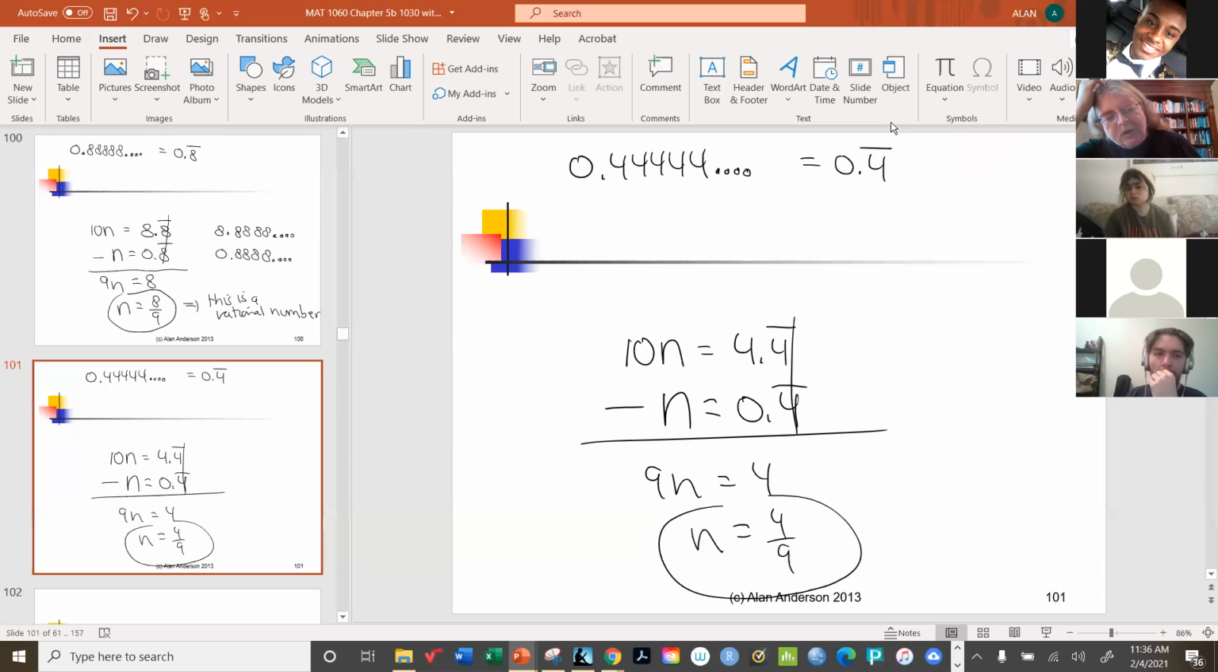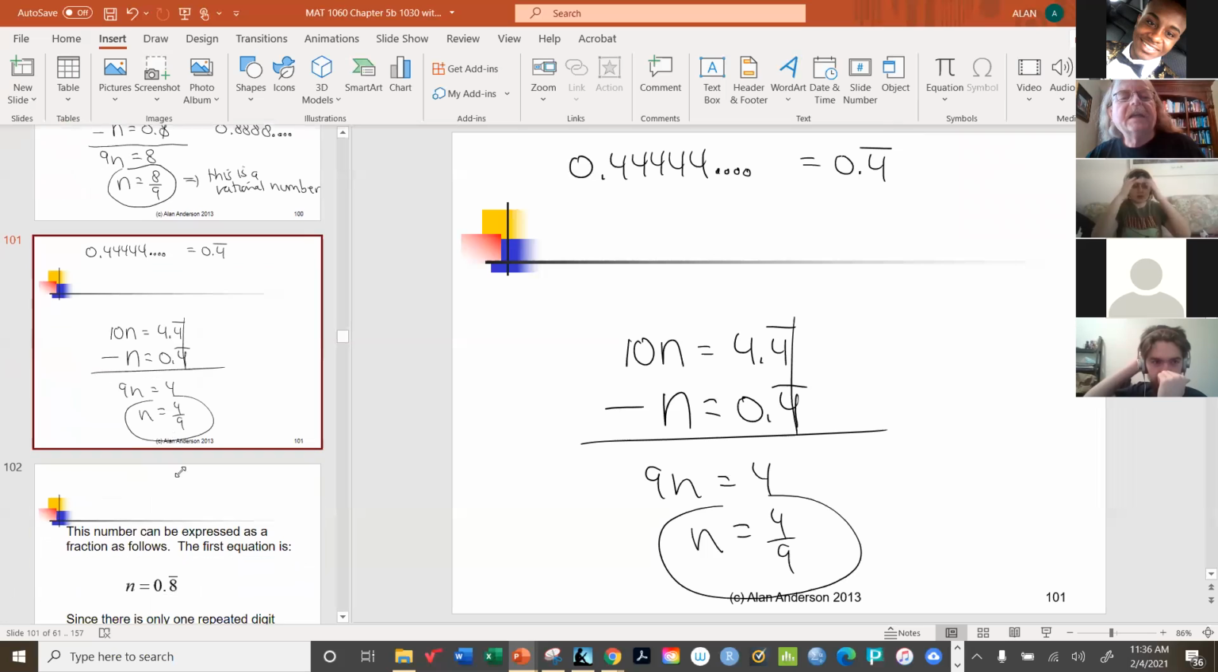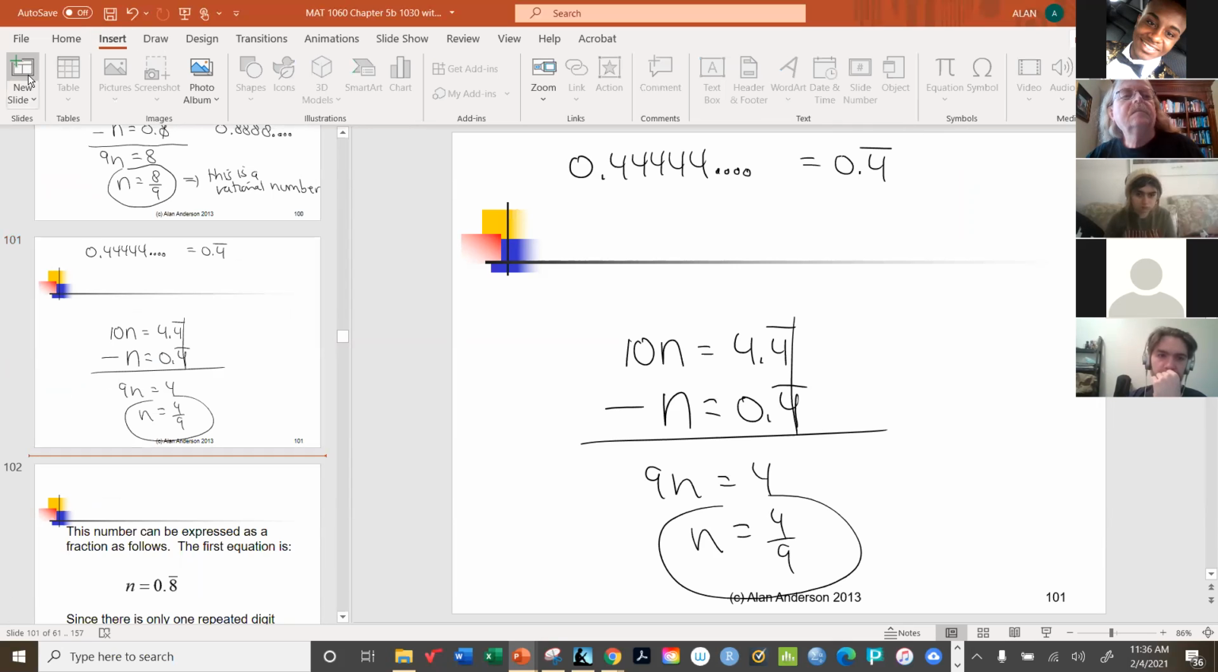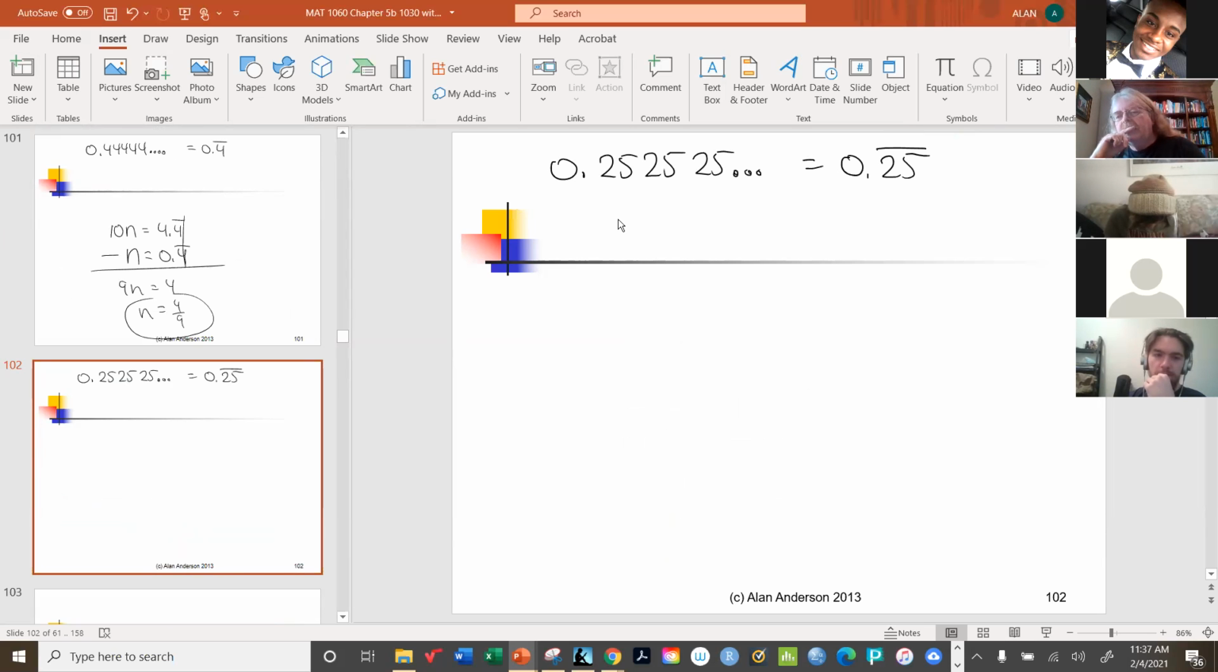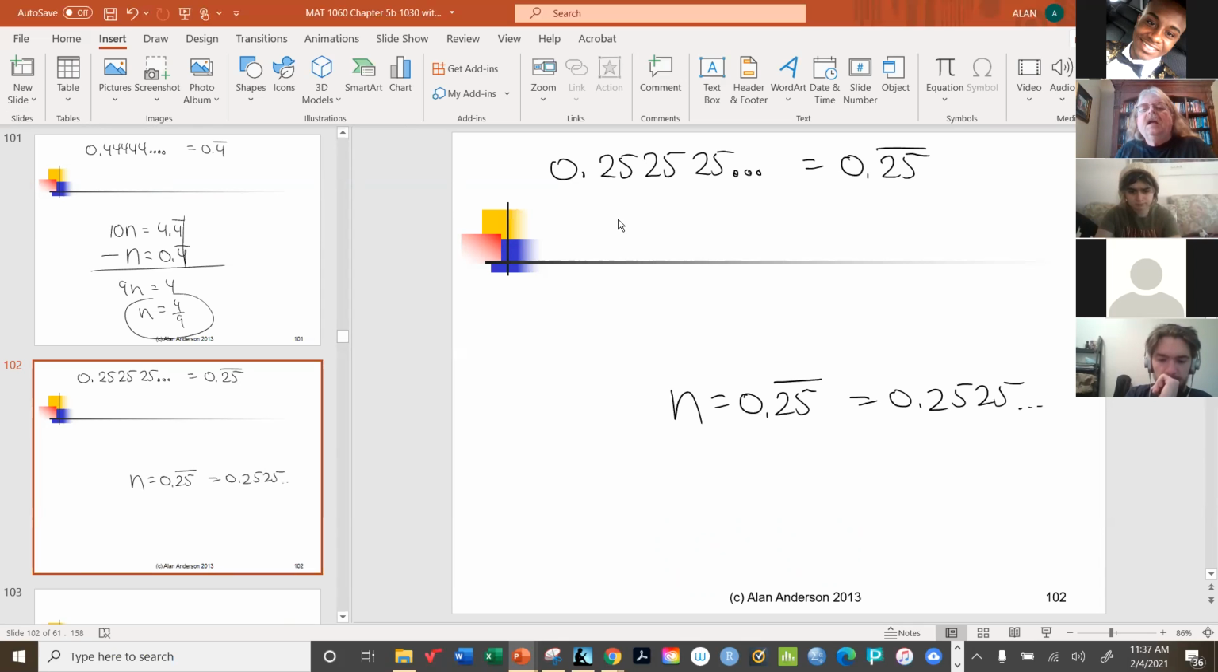Now, I want to show you another example because it turns out that the technique isn't always exactly the same. Here's an example of what I mean. Suppose that you have a number like this. You notice here that you've got two decimals that are being repeated, not just one. So we have to do something slightly different because if you turn this into n, which remember is 0.252525,